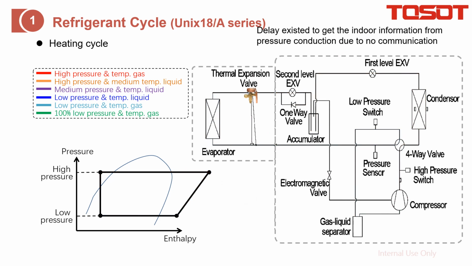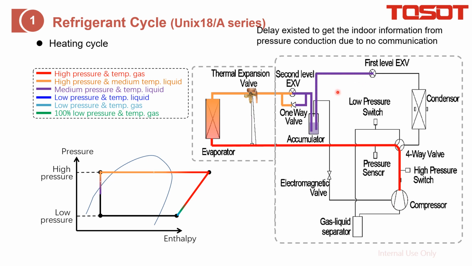Next, we'll go to the heating cycle. In this case, the refrigerant from the compressor goes to the indoor unit first, where the hot gas becomes liquid, but still at high pressure. Then it goes through this TXV without metering. It only gets metered at the outdoor unit, which is this 2EXV. And we divide it into two just to make this one.